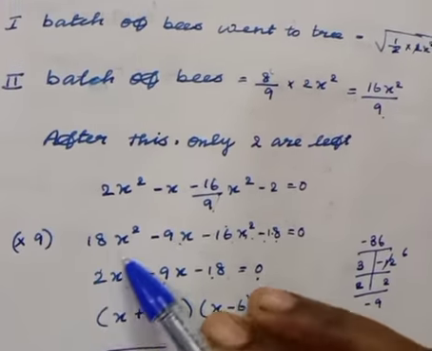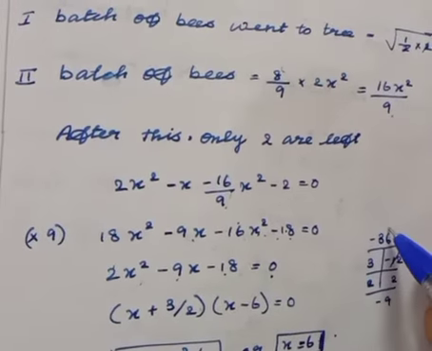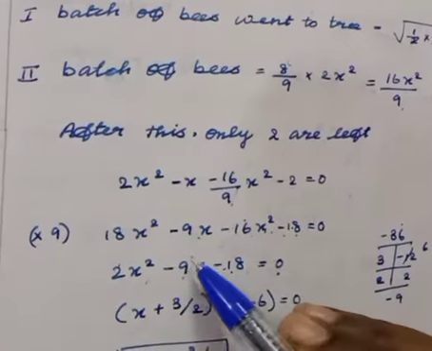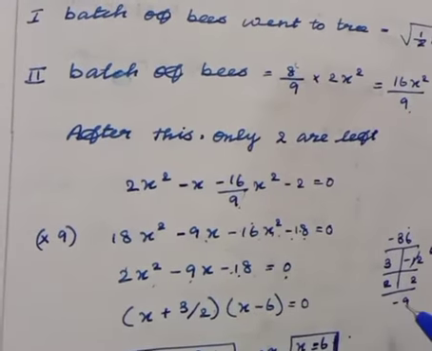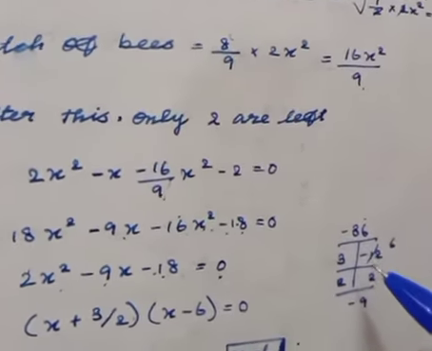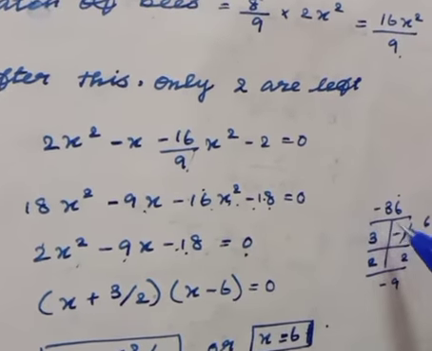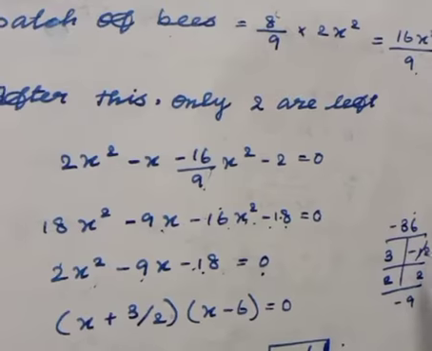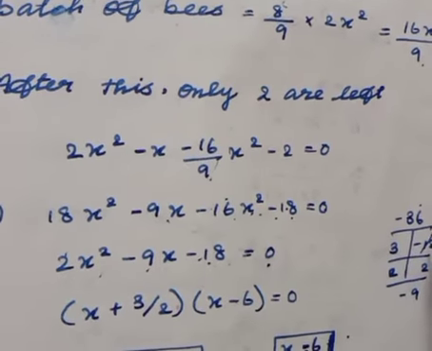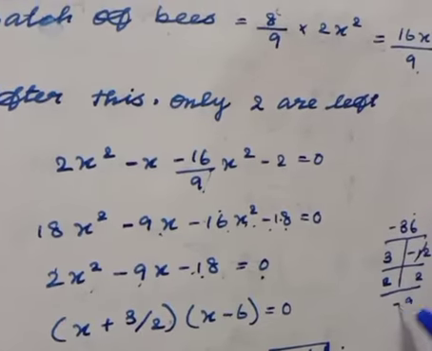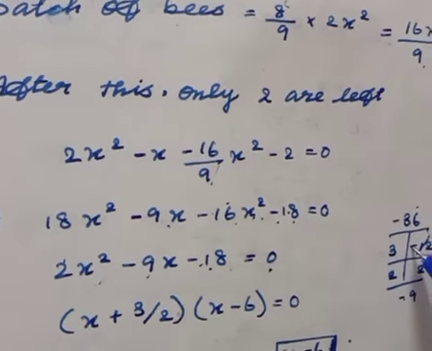So that is 2 into 18, 36. Here you have minus 18, so that is minus 36. The sum value is minus 9. So find the factors for 36. That is 3 12s are 36. We need minus, so in these two factors, any one of the factors is negative. You have to choose with this sum value. It is negative, so for the greater number you have to use the negative symbol.